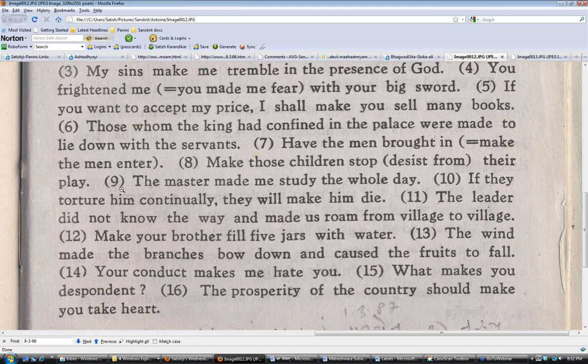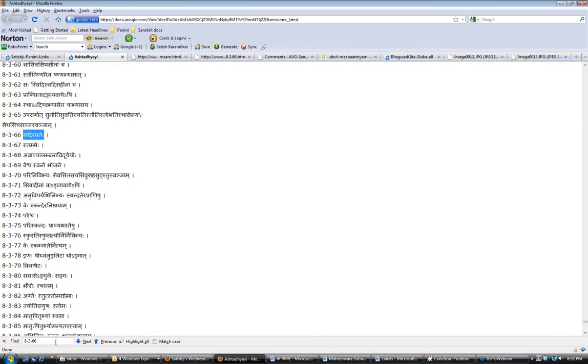But wait a minute. What happened to the shapluk? What happened there? Has it not happened first? Yes, special rule. Let's look at 7, 3, 98, 99.